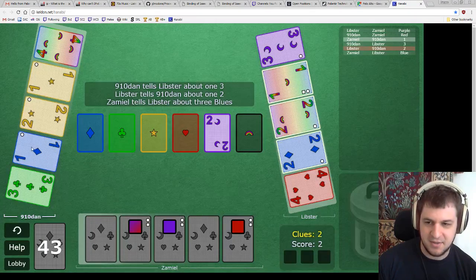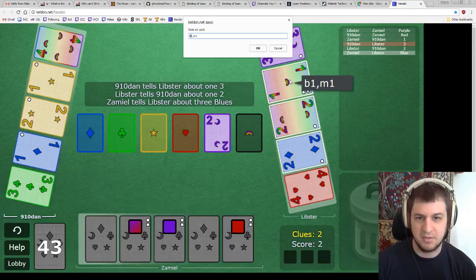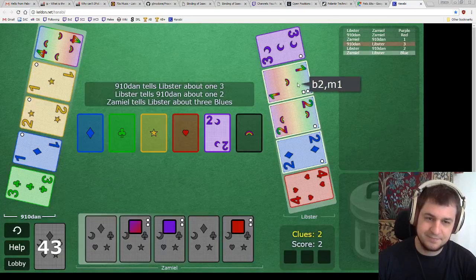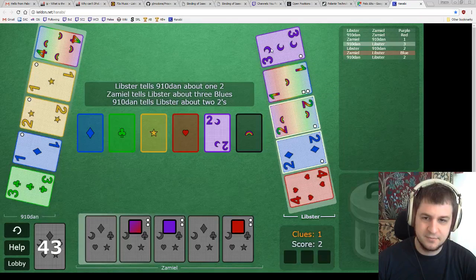So yeah, then Dan can play blue 1 and Libster can play this. Oh, excuse me, not blue 1. It's either blue 2 or M1, because Dan has the blue 1. Dan tells Libster about 2s. Ah! So that is a...